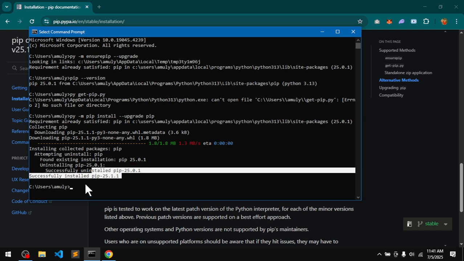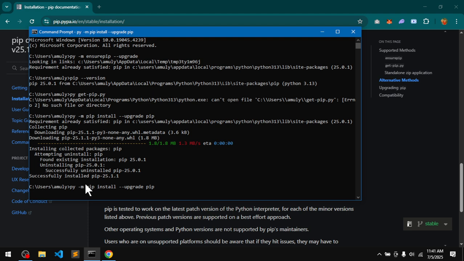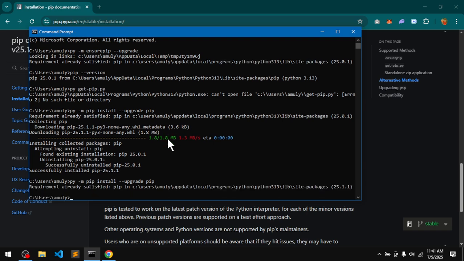So if you go ahead and run it again, you'll see it does the same thing. It says requirement already satisfied. So this is what happens. You have to run this command: py -m pip install